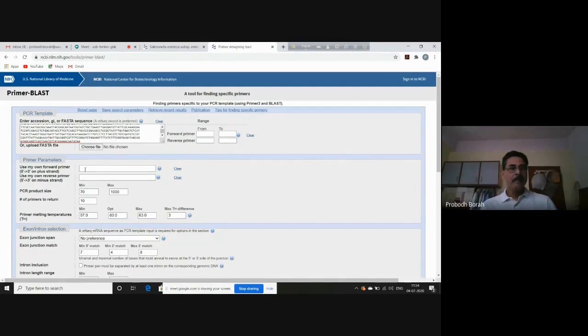Then at the same time, there are two spaces here. You see, these two spaces are provided so that you can choose whether you want to design both the primers or one of the primers, either forward or reverse. Sometimes what happens, suppose first you design a pair of primers, but out of them, after evaluation, you found that the forward primer is okay.